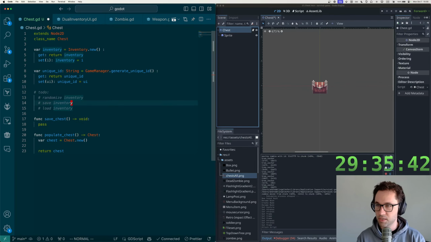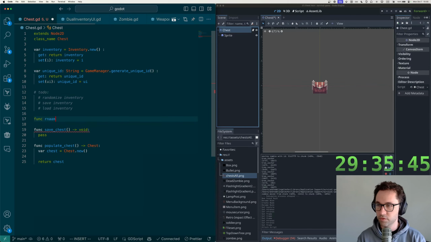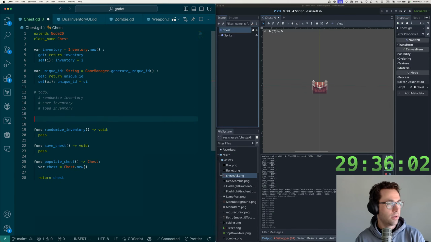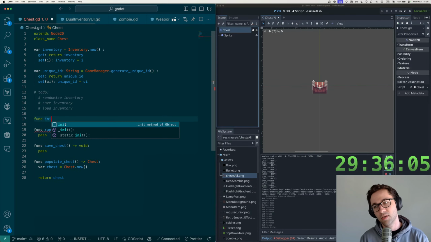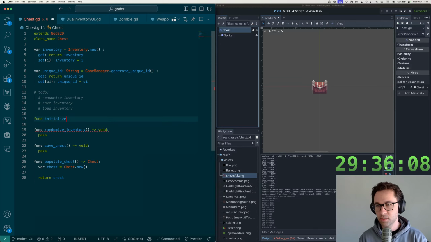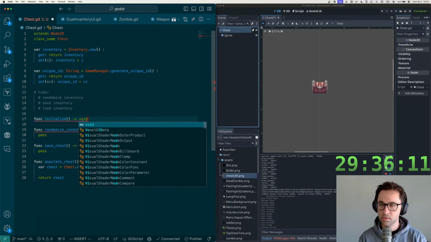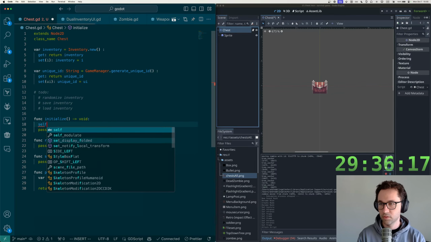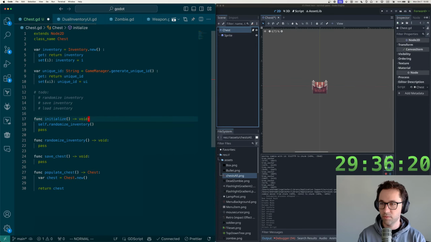So save chest, populate chest. We'll have a function for randomize inventory, which will return void, because we can just do it on, okay, and then we'll have initialize, which will call self.randomize inventory. So actually,